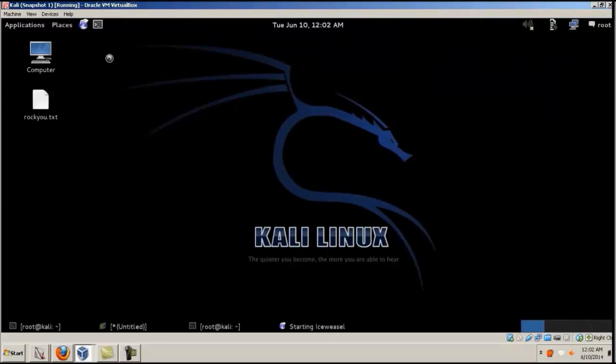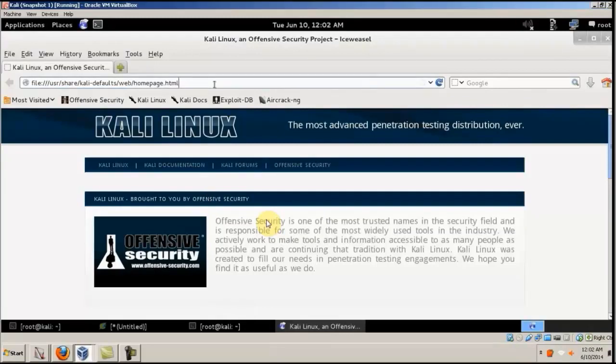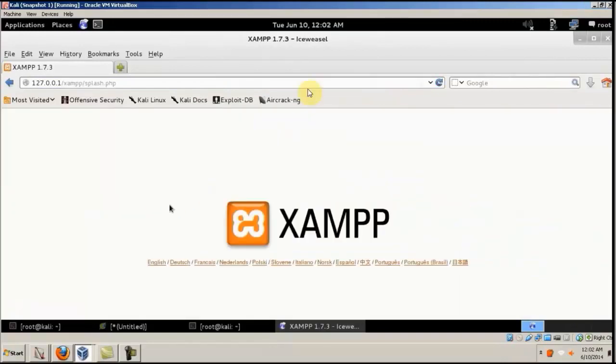So let's open the Firefox, or Iceweasel in this example. And then I give 127.0.0.1 and port 80. So this will connect to that IP address over there, and you can see that XAMPP default screen that you saw in that XP cloned machine, which is in the local network, being shown over here in the